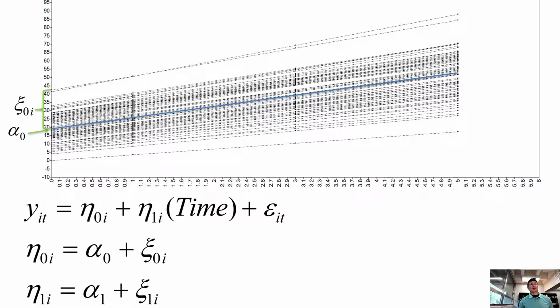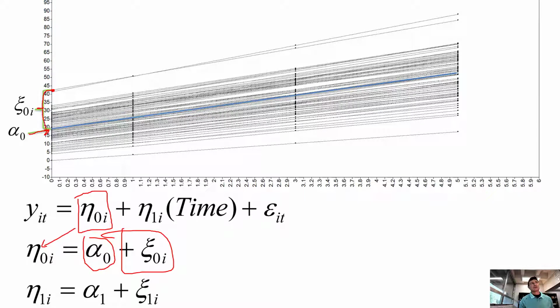Again, this is our formula that I just went over. This is with our whisk data, and what we see here is this intercept being represented down here, and it's represented by an average intercept. So I've got that in this figure shown here, plus this individual component. So for this person up here, they're starting a lot higher. They're getting this much added to their intercept and to the average intercept.